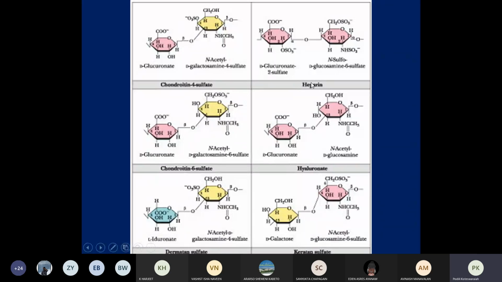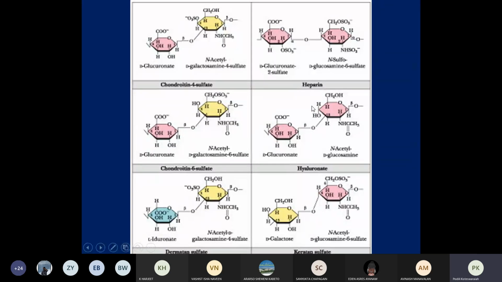So this heparan sulfate, in Greek, hepar means liver. It is produced by almost all animal cells, and chemically it is composed of glucuronic acid 2-sulfate, which you can see here, and also glucosamine 3-sulfate, and glucosamine 2-sulfate and 6-sulfate. And heparin is the fractionated form of heparan sulfate, and it is also used